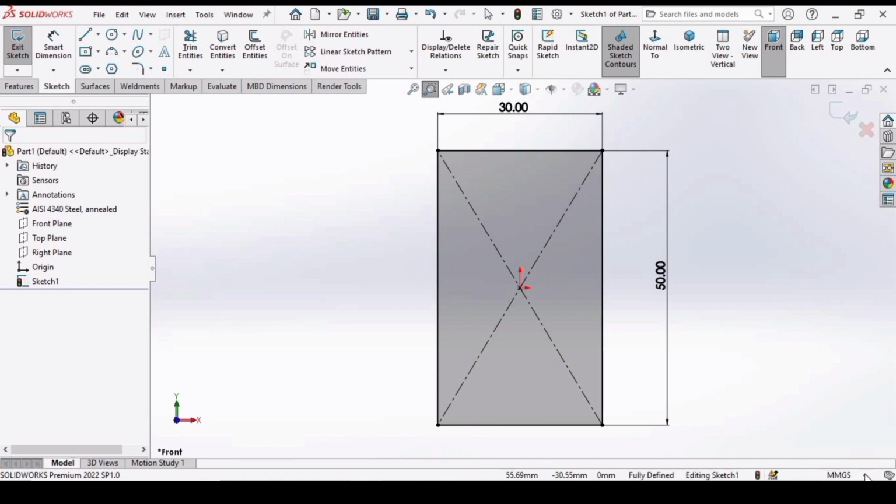So these are the units that I have selected. This is by default mmgs, millimeter, grams and seconds. You can change it to IPS, inch, pound, second, or any other, centimeter, meter. It depends on the person. So I always prefer to use this mmgs, which means that these dimensions 30 and 50 are in millimeter. So I'm pressing the escape key,